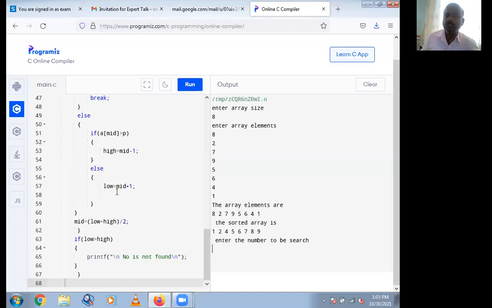See here the array elements are displayed, the sorted array is also displayed.